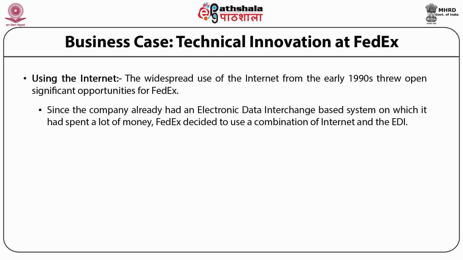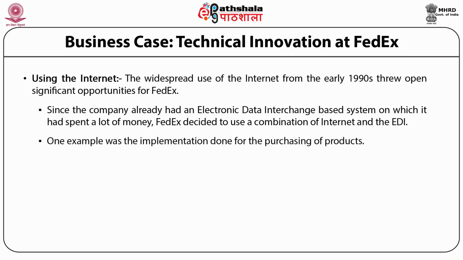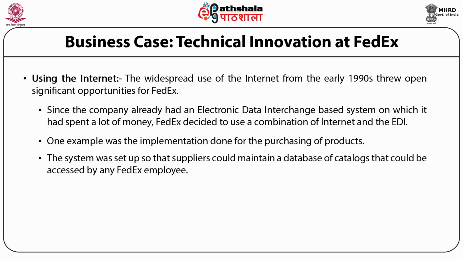Since the company already had an electronic data interchange based system on which it had spent a lot of money, FedEx decided to use a combination of internet and EDI. One example was the implementation done for the purchasing of product. FedEx purchased a product from a company called Ariba. Ariba was a requisitioning system that was housed on the FedEx intranet. The system was set up so that the supplier could maintain a database of catalogs that could be accessed by